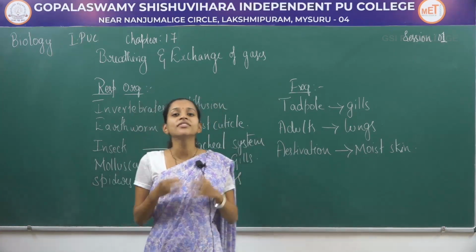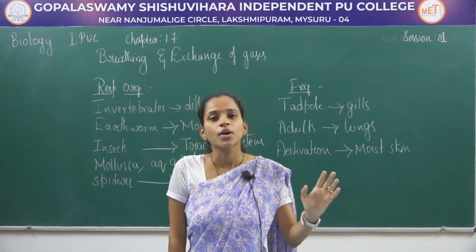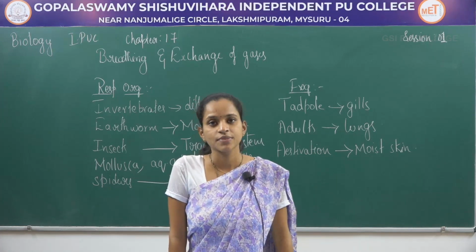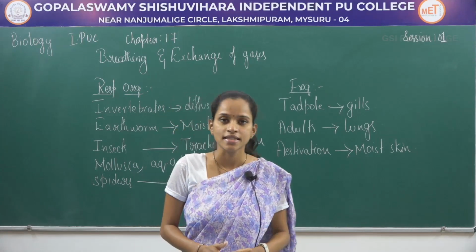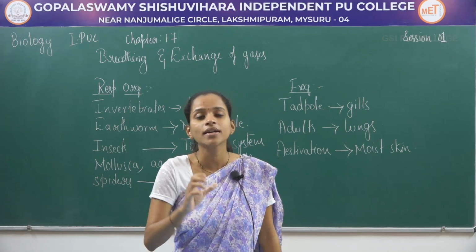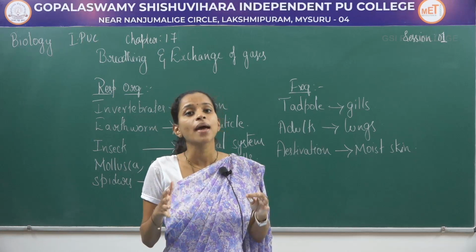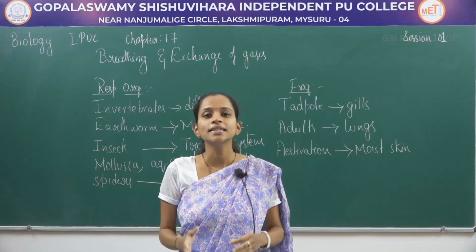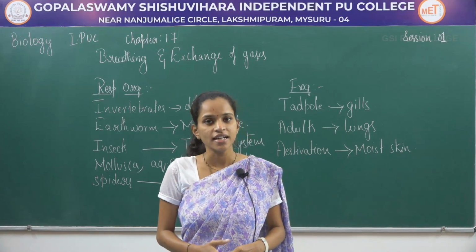So that is how different types of organisms have different types of respiratory organs, but all of them function in the same way, which helps in exchange of gases. In this chapter, we will study the human respiratory system. To study it, we should know which organ helps in this respiration process. It involves the pair of lungs which is present in our thoracic cavity. First we will learn the diagram of the human respiratory system, then we will study the function of each and every organ.